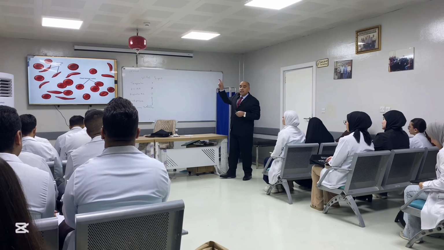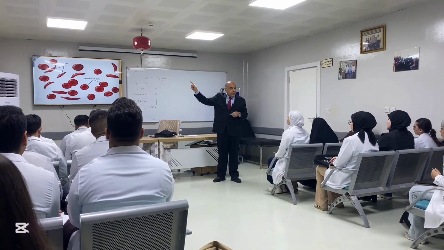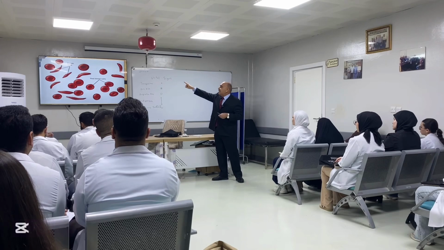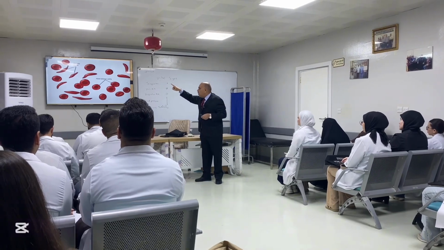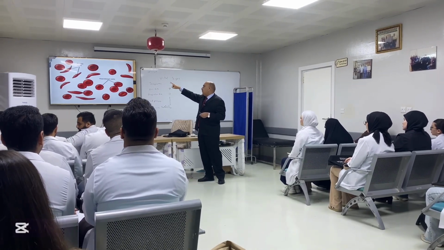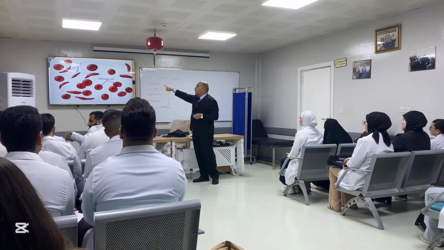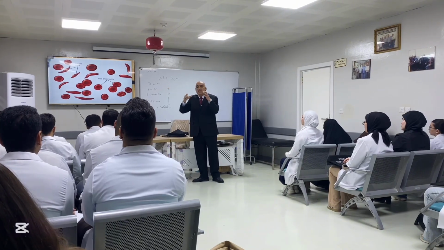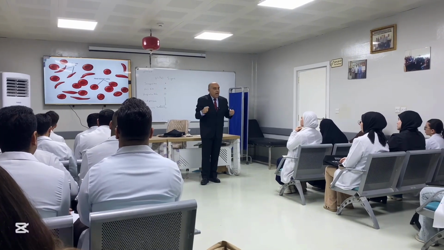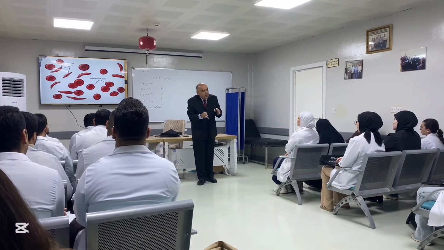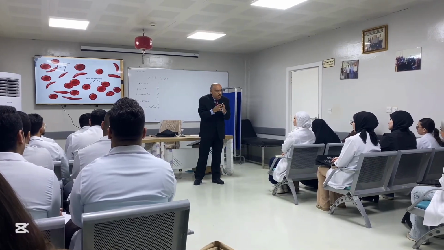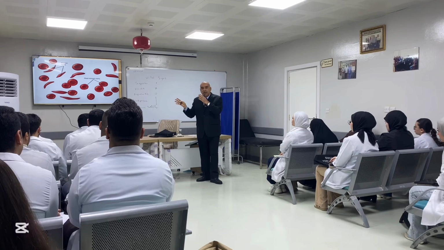In this slide we can show sickle cell anemia, where the sickle cells are different if we compare them with the normal cells. This is a normal blood cell, and this is the sickle cell, and this leads to cells that are more rigid and more sticky, and this may develop in the blood vessels and lead to occlusion of the blood vessels, and then we have the development of different complications.